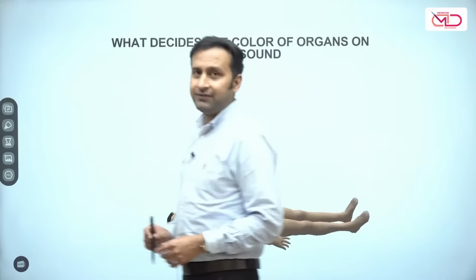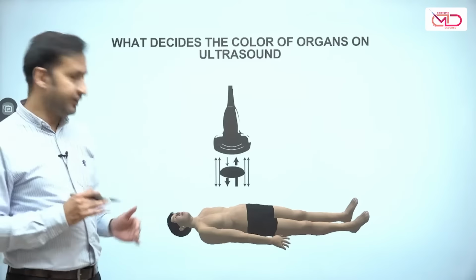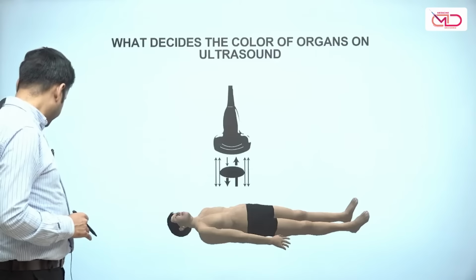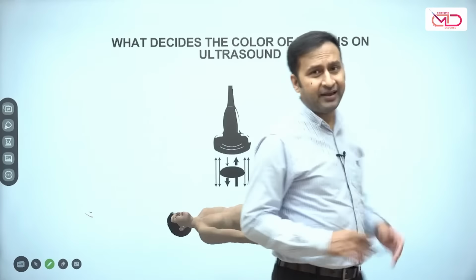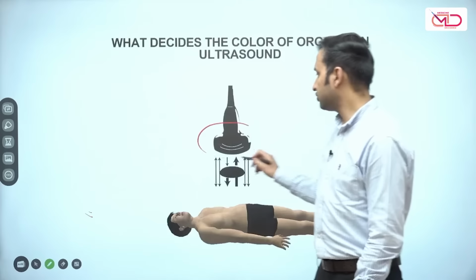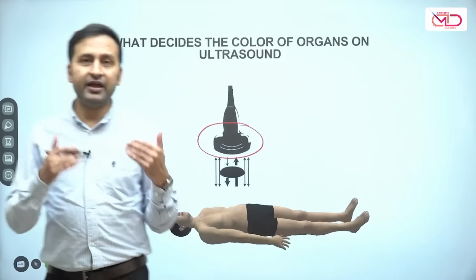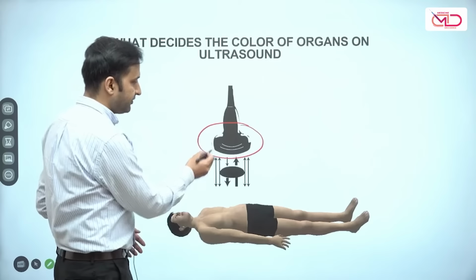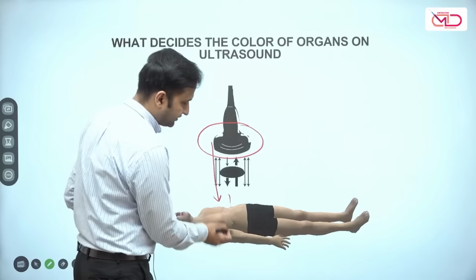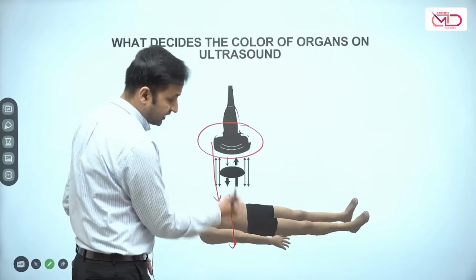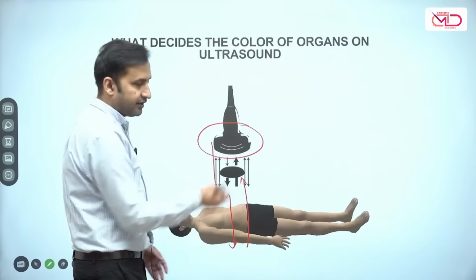Last time we discussed how an image is formed in an X-ray. Now that was a bit different. When we talk about ultrasound, the ultrasound image is formed by one single element, which is called the transducer or the probe. Now what does the probe do? The probe is responsible for emitting the sound waves. When the sound waves are emitted, they touch the patient. Some of them are transmitted beyond the patient, and the others are reflected back.